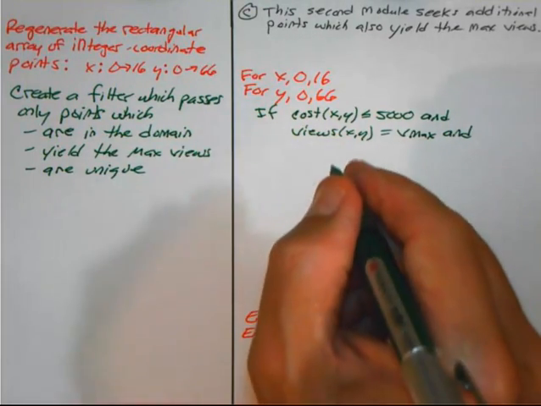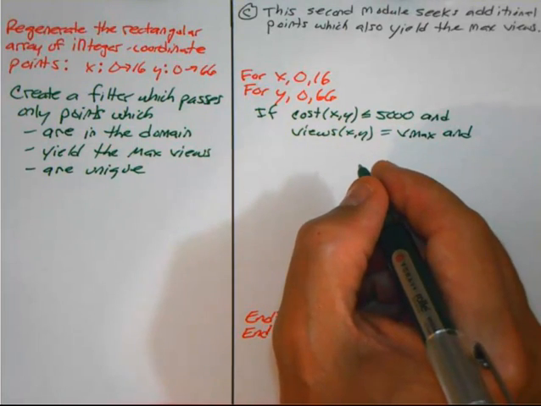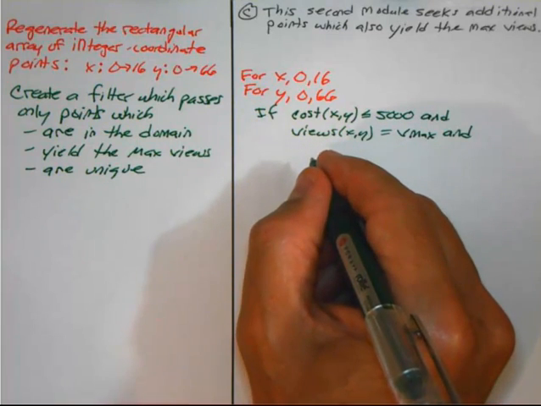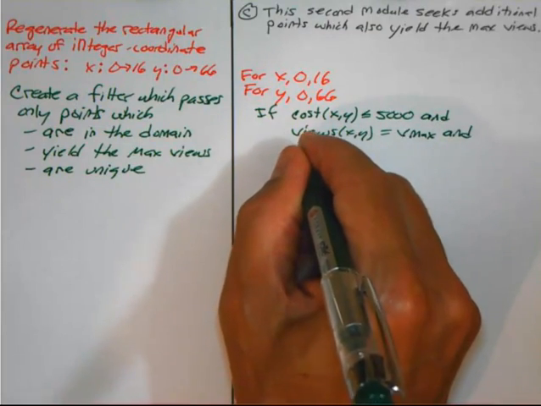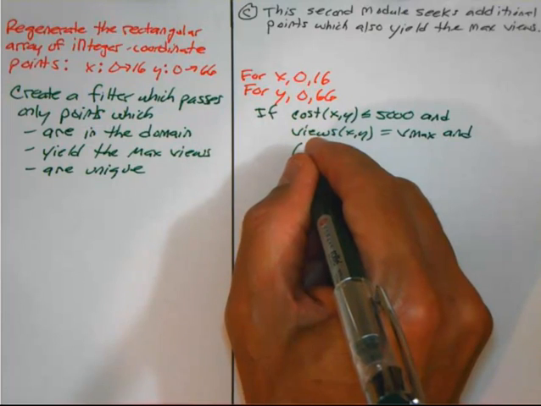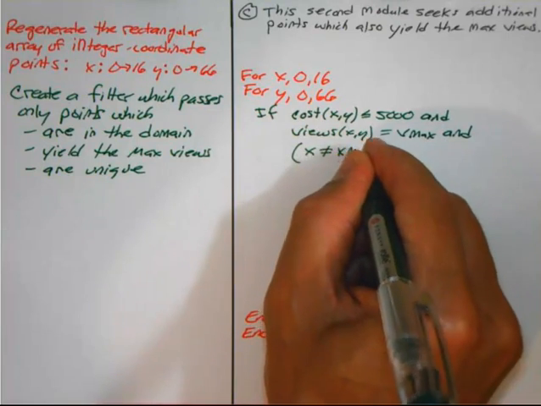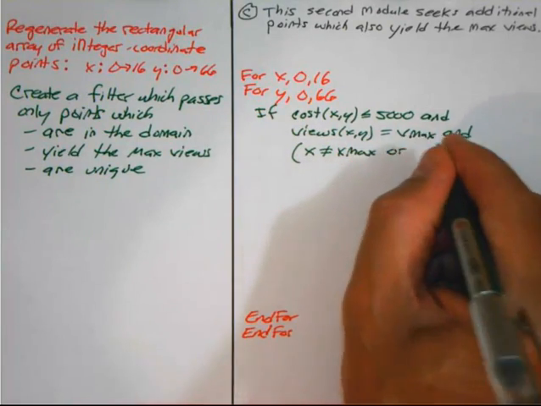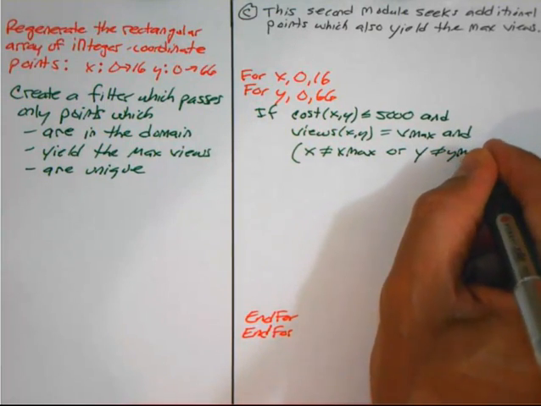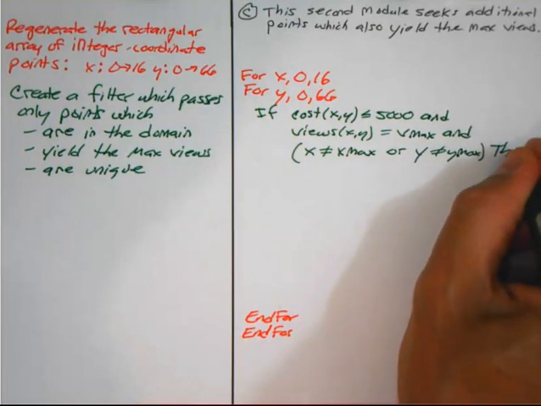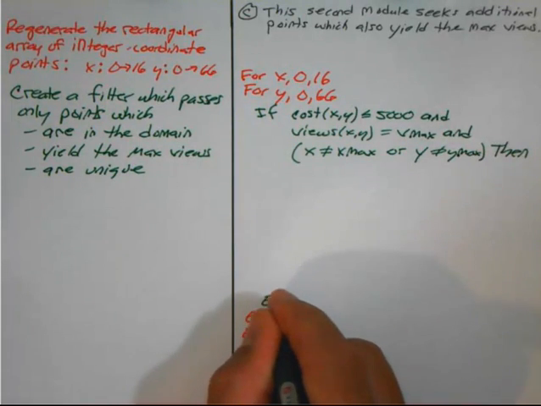Okay, to make sure this is a unique point, we need to ensure that it's not the same as x max, y max, something else. That means we want to make a condition that makes it differ in at least one of the coordinates. So we could have that by a parenthetical condition here. We could require that x not equal to x max or y not equal to y max. Then, okay, and the corresponding end if statement